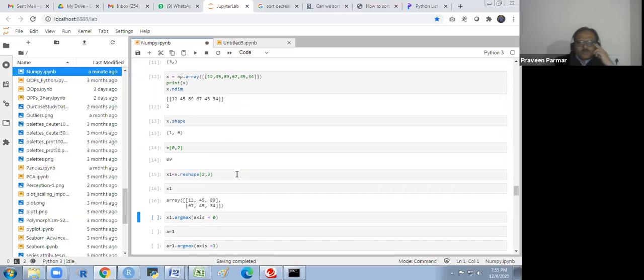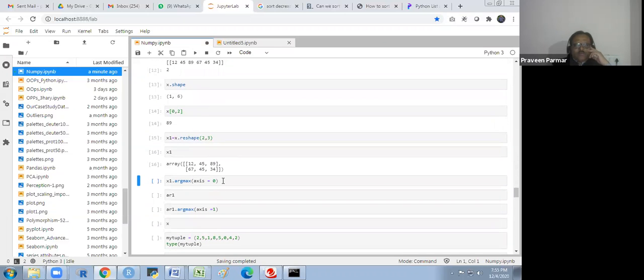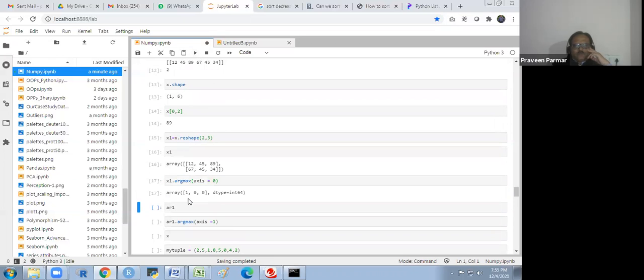So it is the 2 by 3. We have the 6 elements, and the argmax as per the row I want to see. As per the row, the argmax I will get here is 1 0 0. So how are we getting 1 0 0?